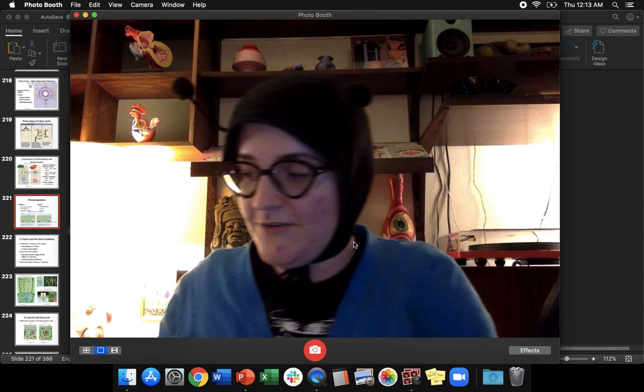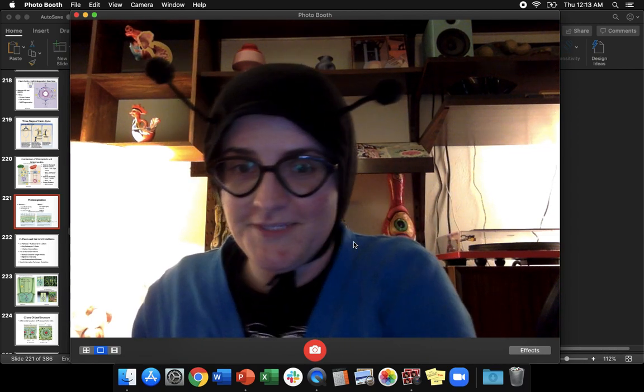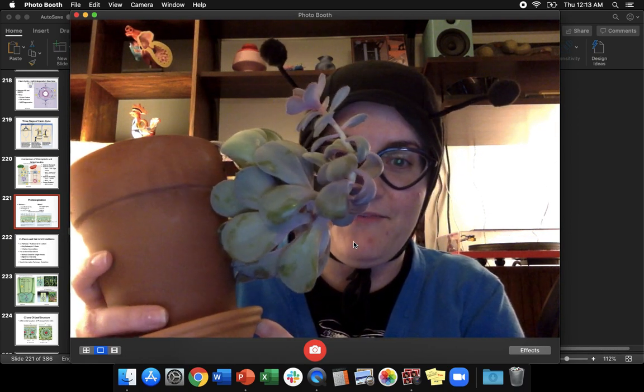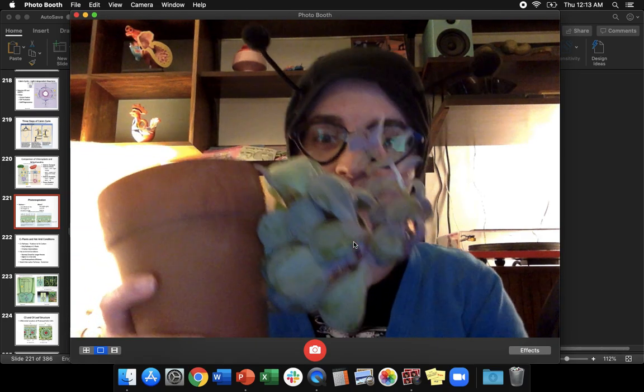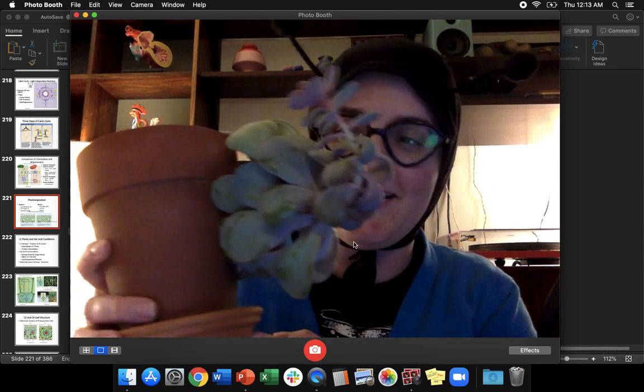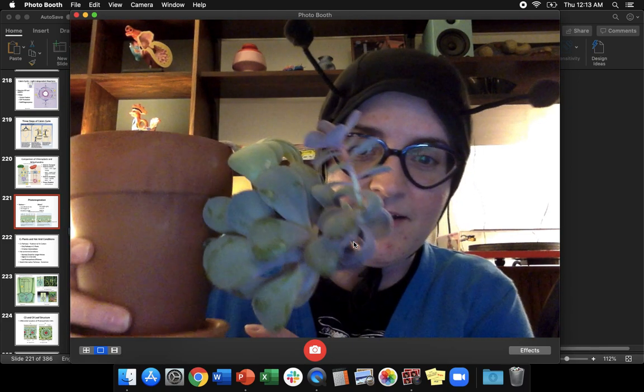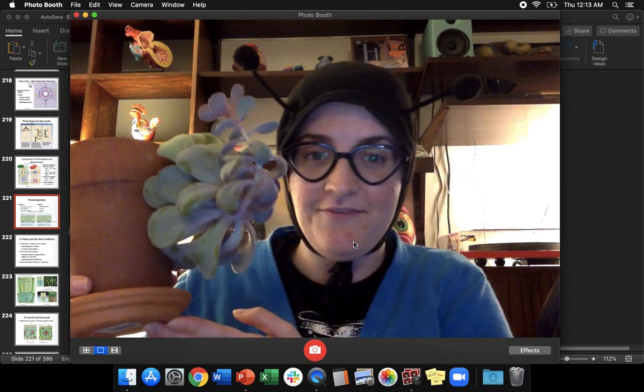The other special guest on our show today is this really cute succulent that I have. It's one of my favorites. It started out upright and then it kind of snaked over the side, and now it's one of my favorite plants. It's got a little bit of purple on it, and this was a gift to me from